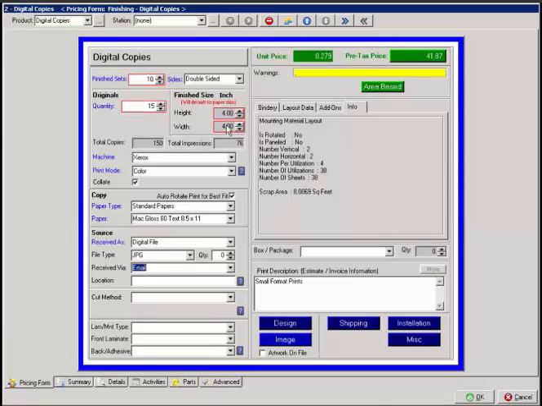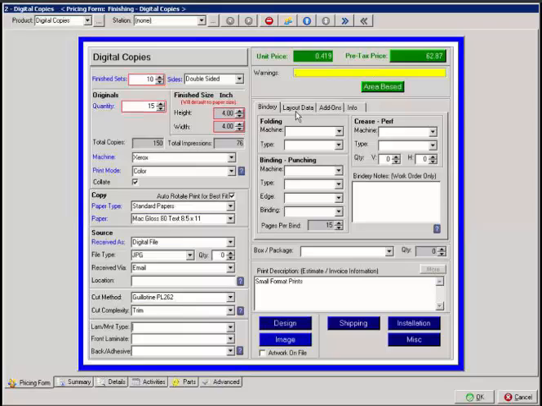Since we're doing 4 by 4s, these will need to be cut out, so we'll use a guillotine cutter in this situation, and we'll say we're just going to trim these. If they also needed to be laminated, we could then choose how we were laminating and then what is the laminate that was going to be used. Looking up at the top,